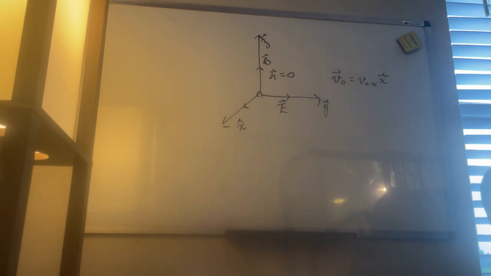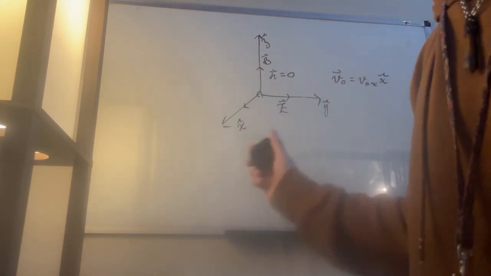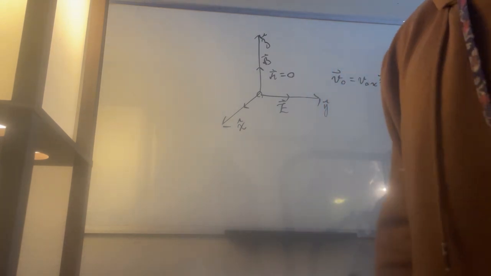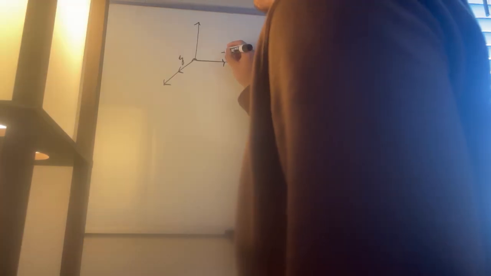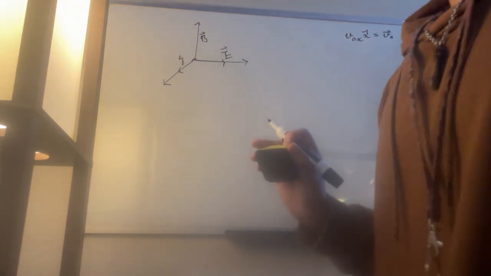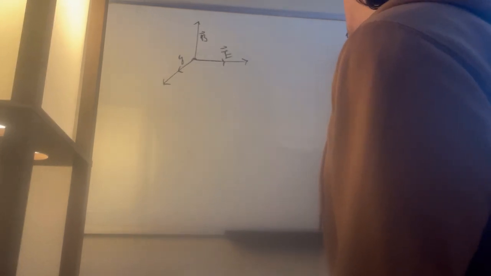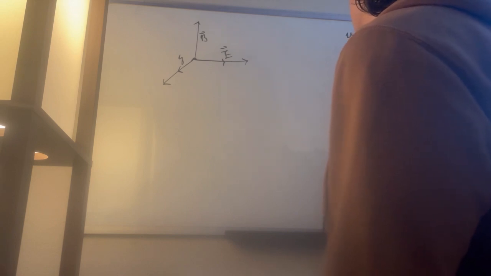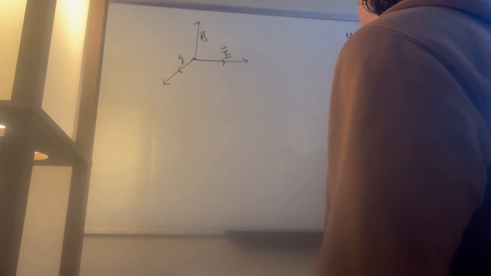So the first thing that we're going to do is write the Lorentz equation for this scenario. I'm going to assume that you have the initial picture over here, but I'm going to redraw it just for more drawing space. We're also given that the electric field is the magnitude of the electric field in the y hat direction, and that the magnetic field is the magnetic field in the z hat